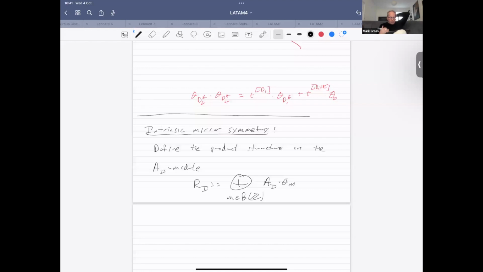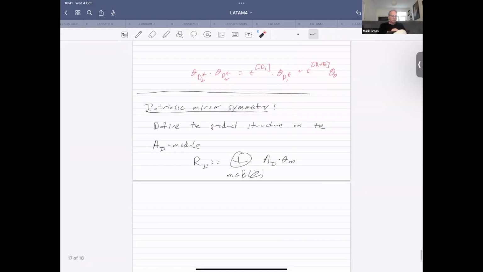Define a product on this abstract AI module without any reference to these things actually being functions on some variety. Define this directly by some Gromov-Witten theory of the pair